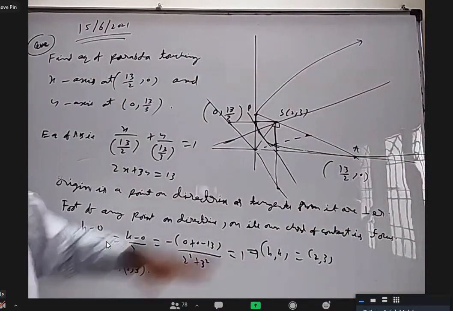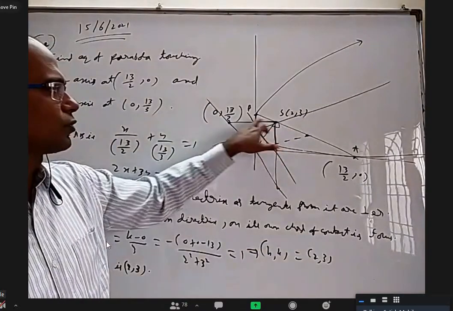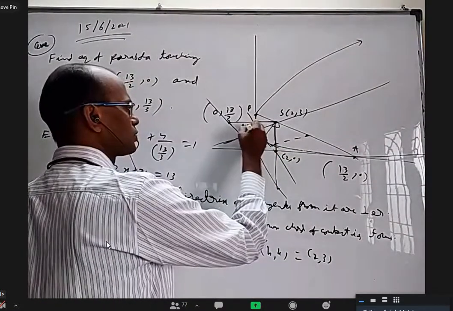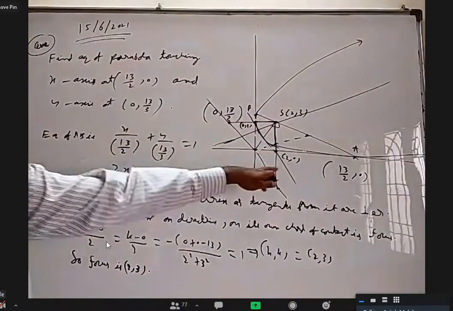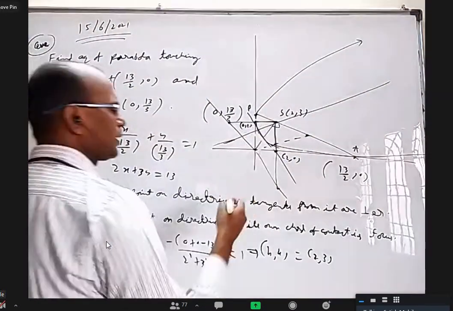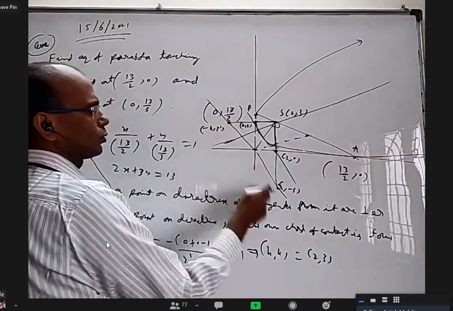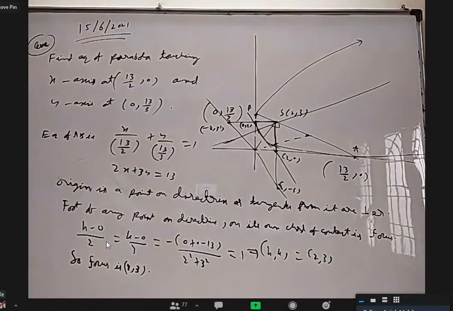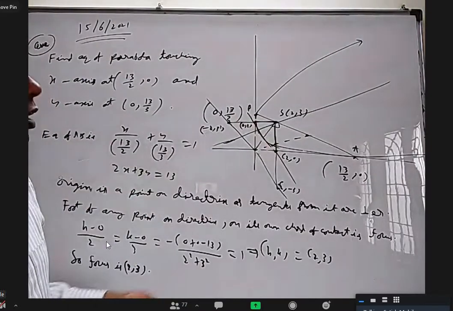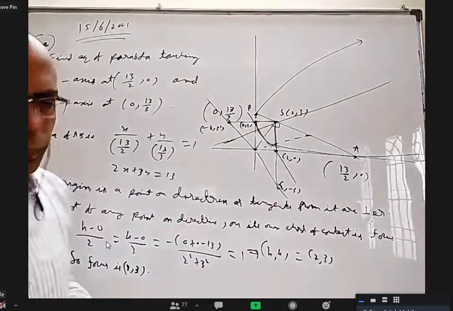Now if you want to find the tangent at the vertex, it is very easy, because this foot is (2, 0) and this foot is (0, 3). Find the equation: x/2 + y/3 = 1 is the tangent at the vertex. If you want the directrix, this image is (2, -3) and this image is (-2, 3). You know 2 points and the origin, so you can find the directrix equation. Or the directrix should be parallel to the tangent at the vertex and pass through the origin. Or it should be perpendicular to the line joining this midpoint and this point, from that slope you can find this slope. Is it all right?